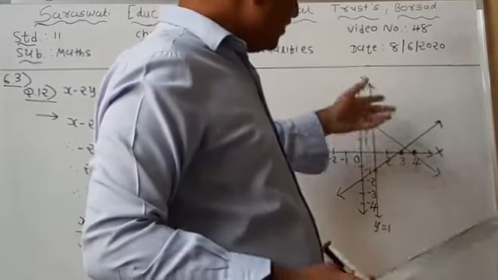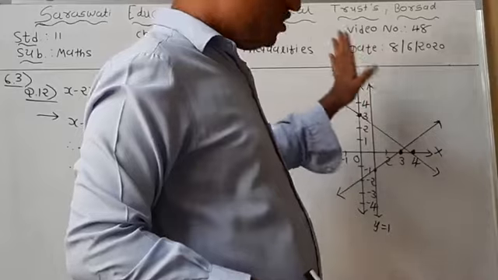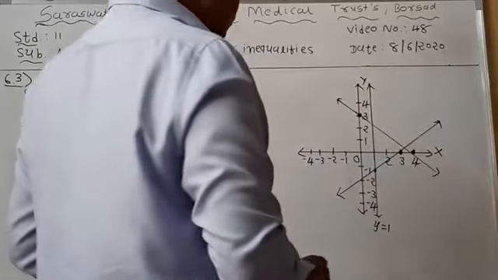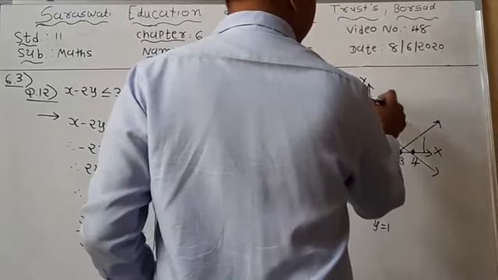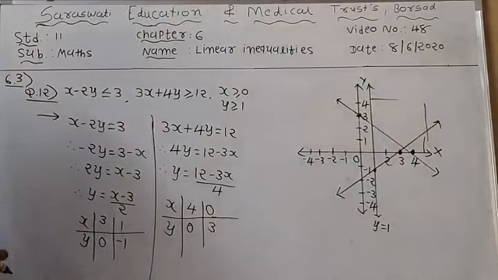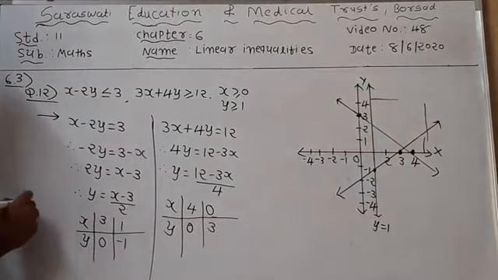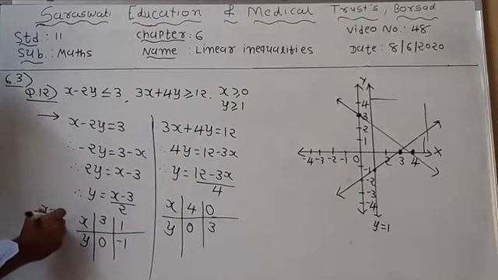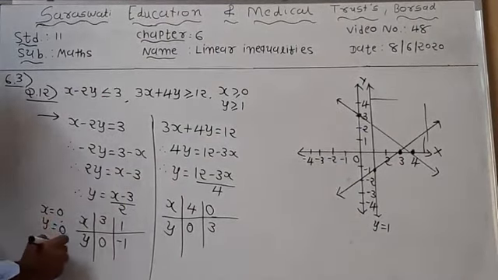Now in which place, the 1 2 3 and 4 parts are present. Now which portion is common? First of all, the upper side, that means arrows in the x-axis point this side. Now check a point of this graph, x is equal to 0 and y is equal to 0. Now substitute, so 0 minus 0 less than equal to 3. So this condition is true.